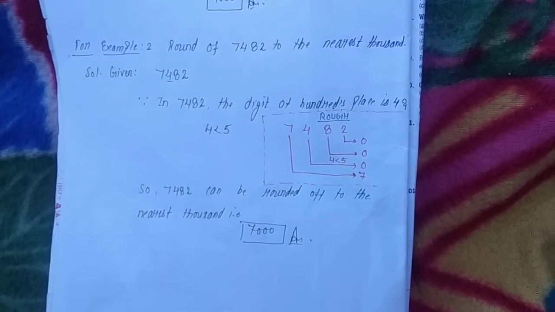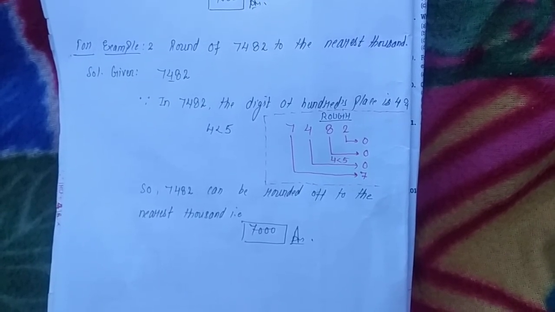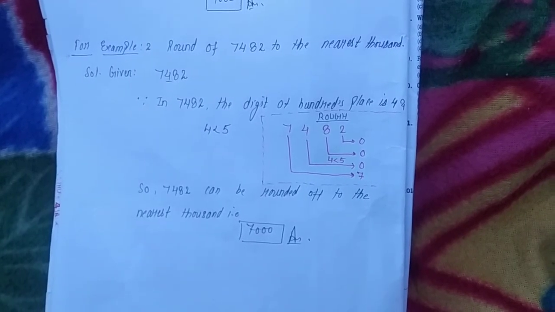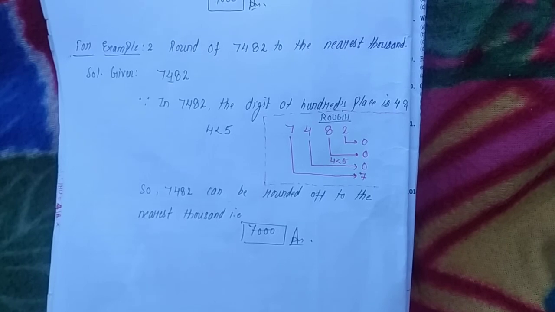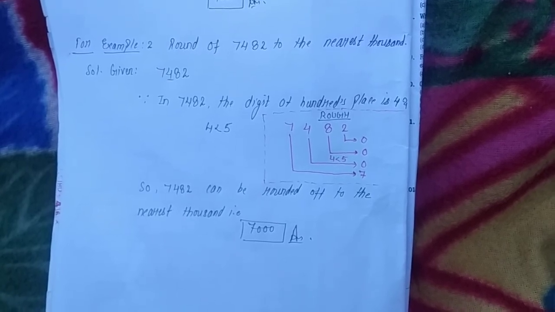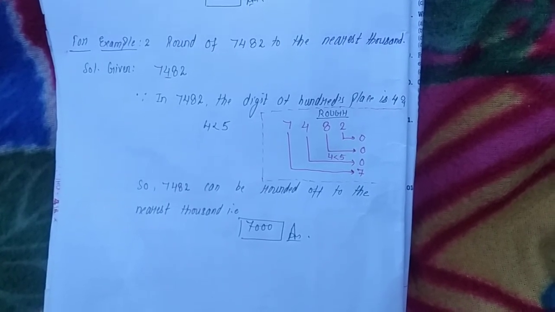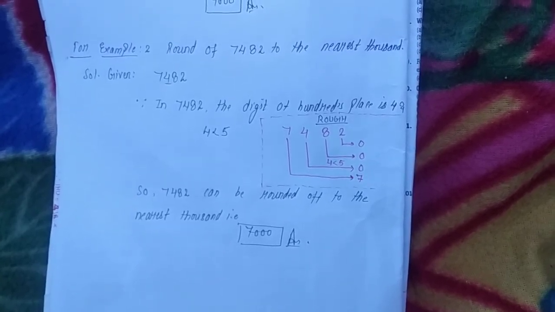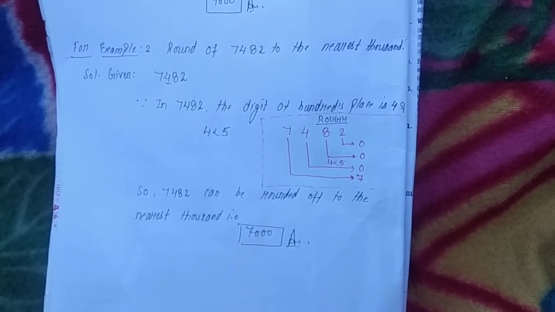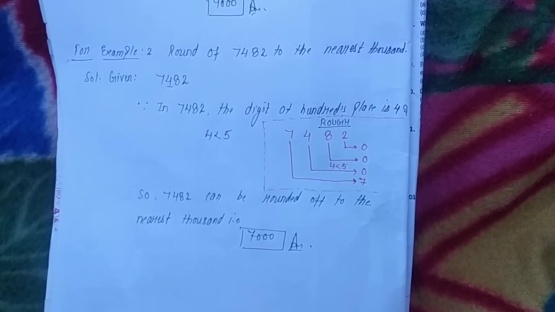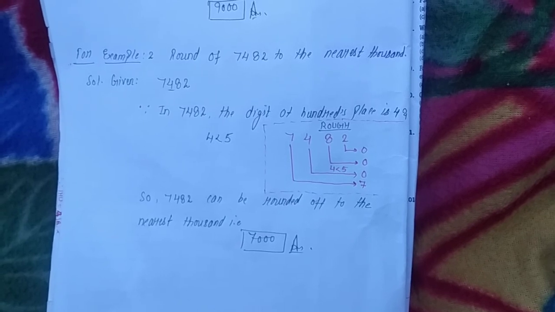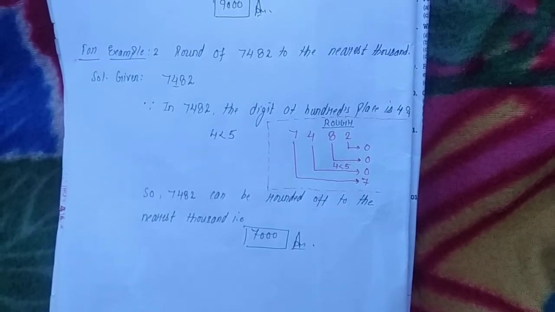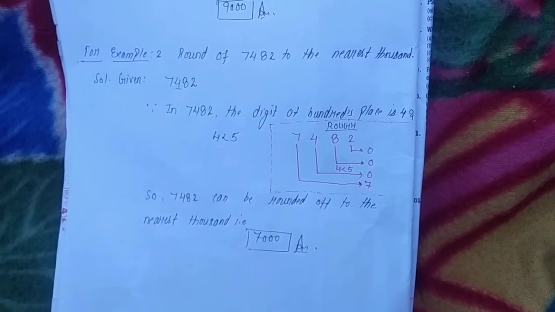And if the immediate right digit of the chosen digit is less than 5, then the chosen digit will remain the same, and after the chosen digit you have to make all the digits 0. In that manner you round off to the nearest place as per the said pattern. Now, as I said in the earlier definitions, you can focus on the earlier definition. I hope the concept is clear to you.